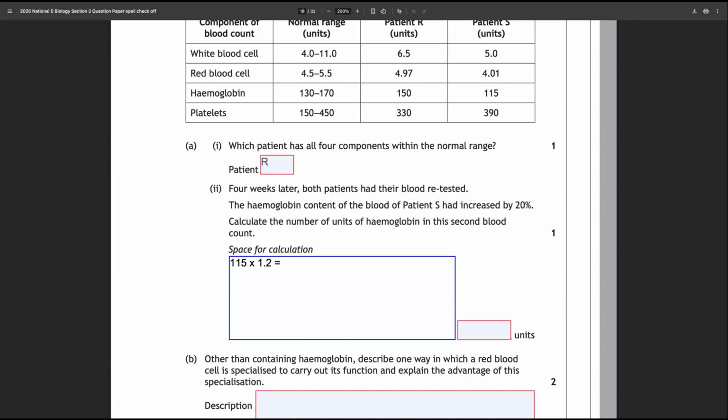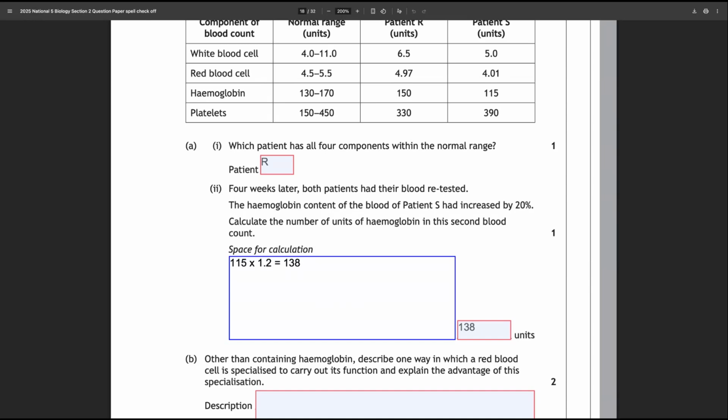I'll do this in my calculator: 115 times 1.2 times 1.2 gives us 138. Okay, and that is our answer there, 138. Now, another way to work that out, if you're not as confident about just adding a percentage as a decimal,